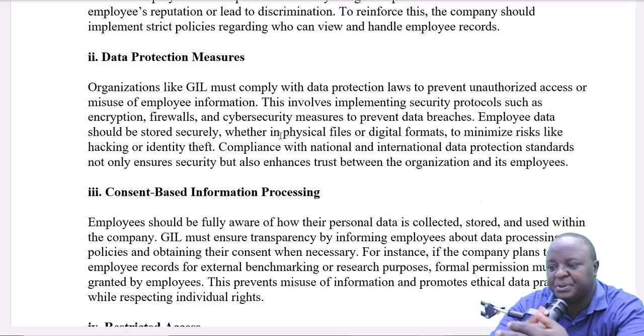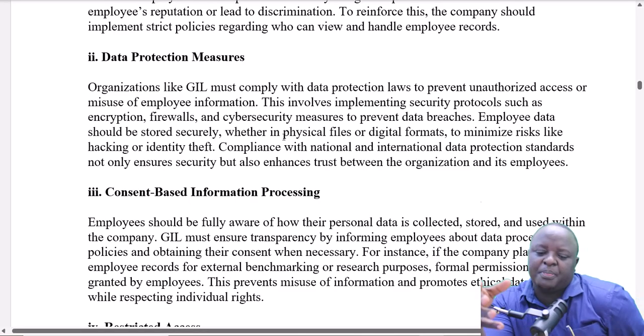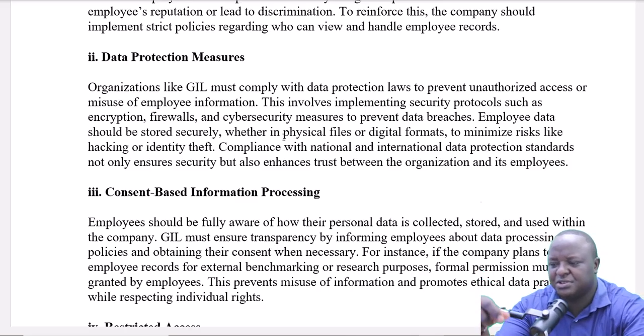organization and its employees. So you see, in a situation where we are talking about mistrust of employees with data, I worked in a specific institution, an education institution, and there were some forms that were given to sign. Now, one time, I was picking a signing sheet, and because the organization wanted to conduct cost-cutting measures in terms of using proper stationery and all that, one time I came across what you call a CV for a colleague.